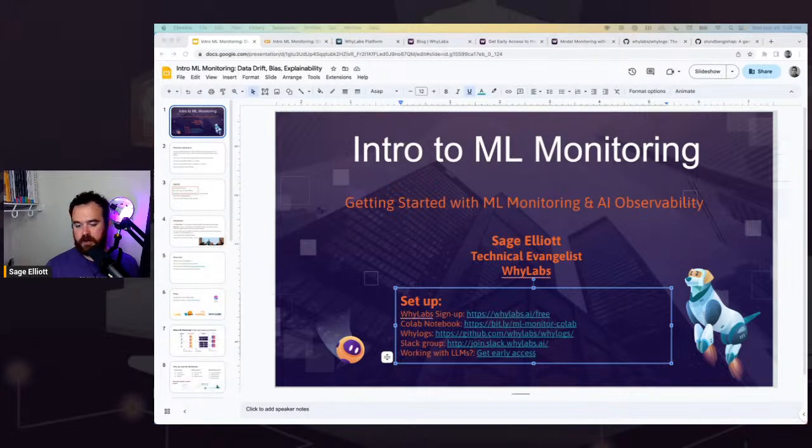And again, we'll get going here in just a couple minutes. I'm going to wait for some more people to roll in. And while people are joining, if you just came in, let us know a little bit about yourself in the chat. Maybe what you're working on, why you're interested in ML monitoring. Have you ever done any ML monitoring before? Or put a model in production, I think is actually a good question.